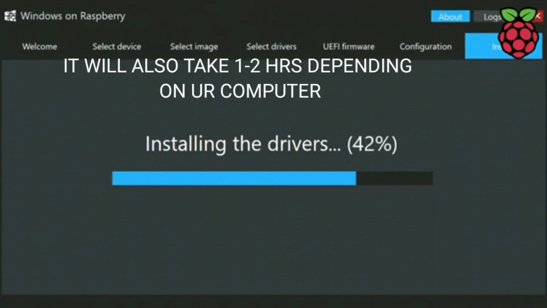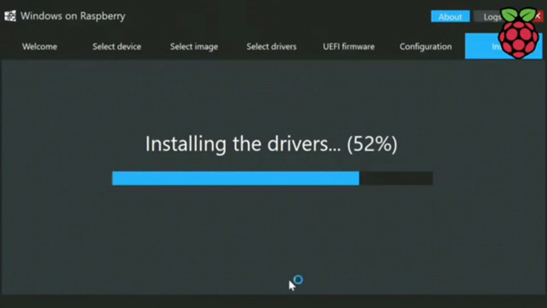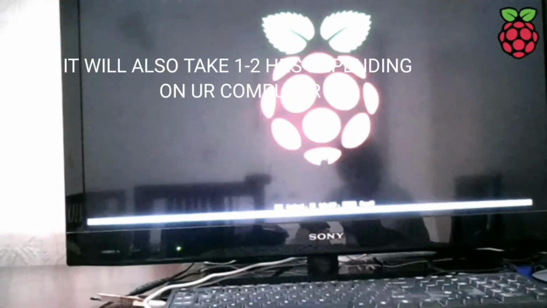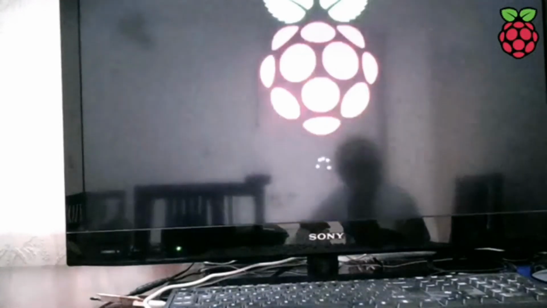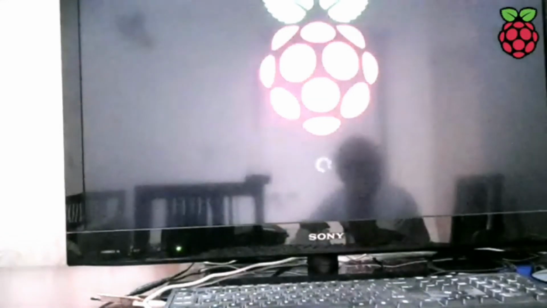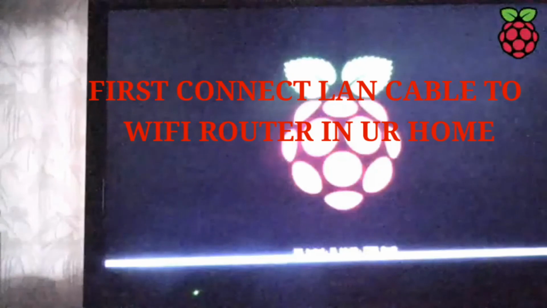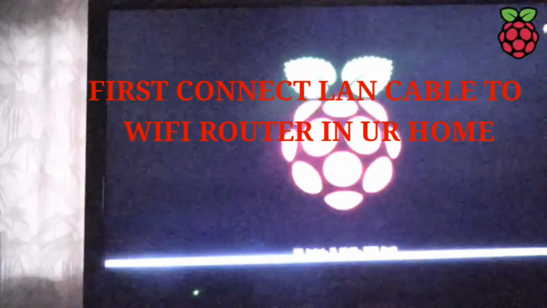After completion we will insert our card in our Raspberry Pi, connect it to the supply and the router cable, and you will see the screen appear like this. But first, the Wi-Fi router must be connected with your LAN cable. So it will go like this.